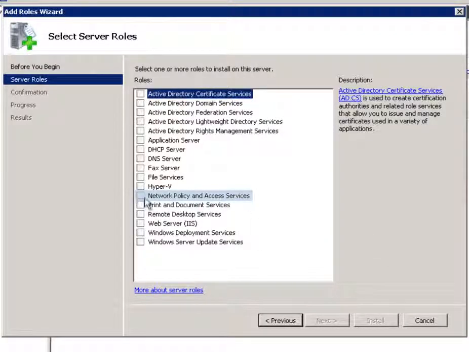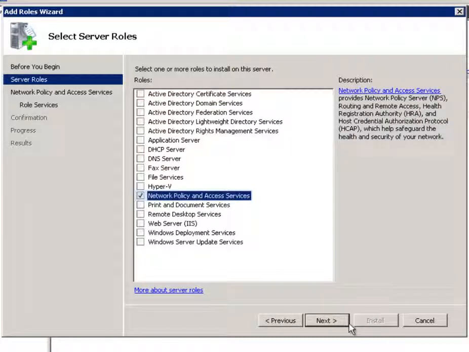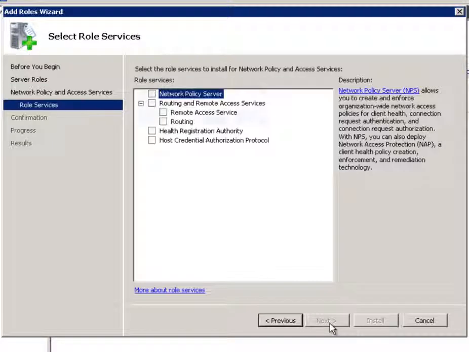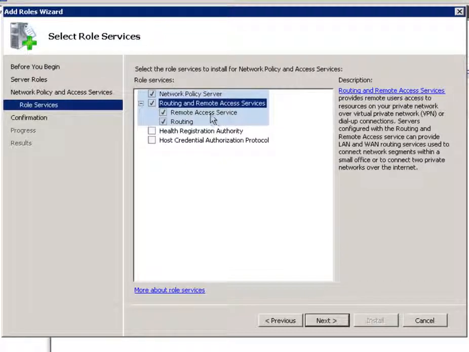What we want to set up is a network policy and access server. So select that and click on Next, and click on Next again. Then we want to enable a network policy server, routing and remote access services, which will automatically highlight the remote access services and routing. Then click on Next,